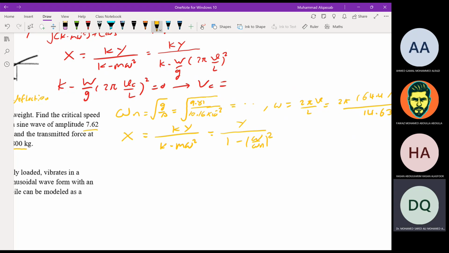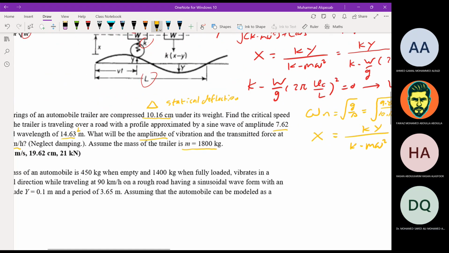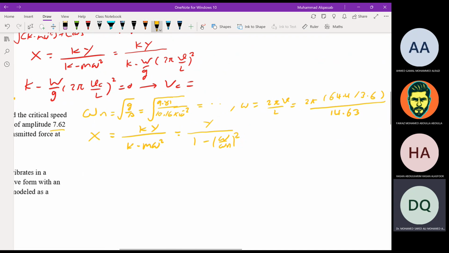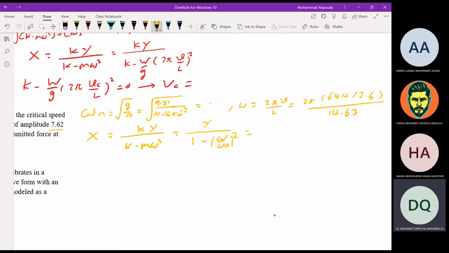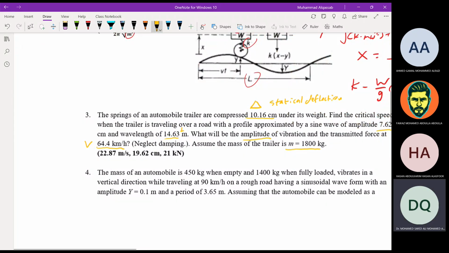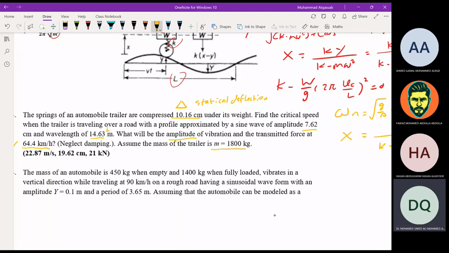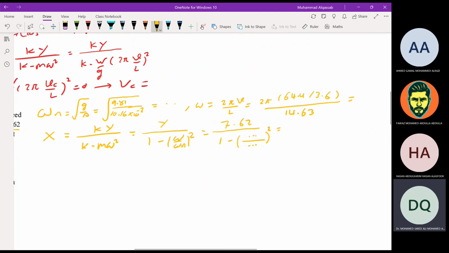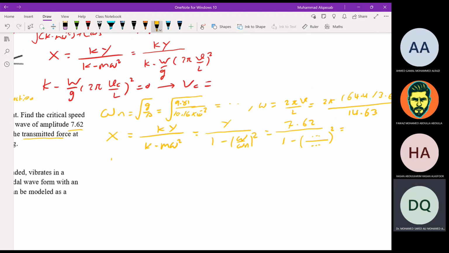Okay, y is 7.62 centimeter, and you can keep the same unit. So it means the answer you will get in centimeter divided by 1 minus omega over omega n squared. Okay, you can find k because to answer the question, the transmitted force at this speed, the same speed. The transmitted force is Ft,